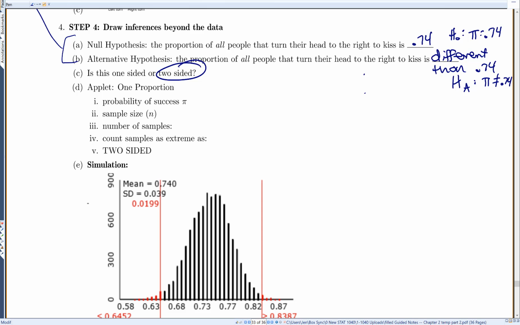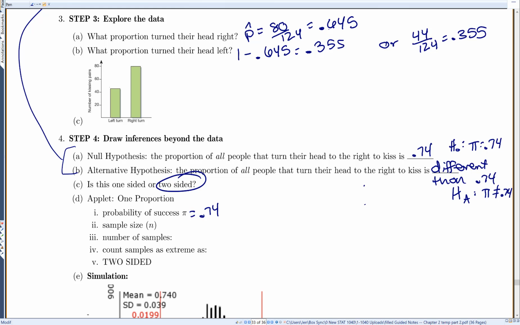So when we pull up the applet, let's figure out what we want to put in. My probability of success, that's whatever is under your null hypothesis. So 0.74. My sample size, how many people did he look at? He looked at 124 people. Let's do at least 10,000 repetitions. And we're going to count samples as extreme as what? Let's see. We need to do